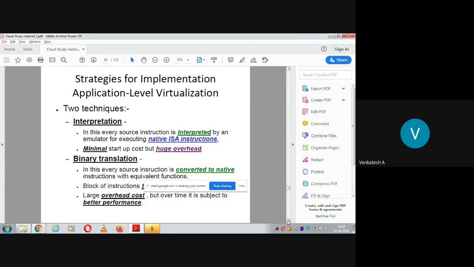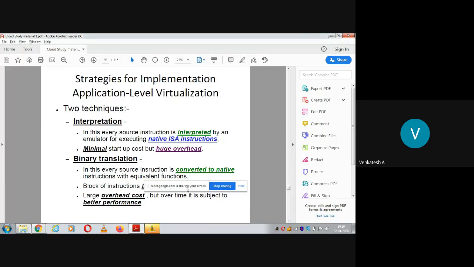That means implementing this technique is very easy, but going forward the maintenance will become a burden and troublesome. To start with, it is very easy, but after working for a long time and adding more and more features to your application, maintenance becomes the overhead. And another technique is called binary translation.